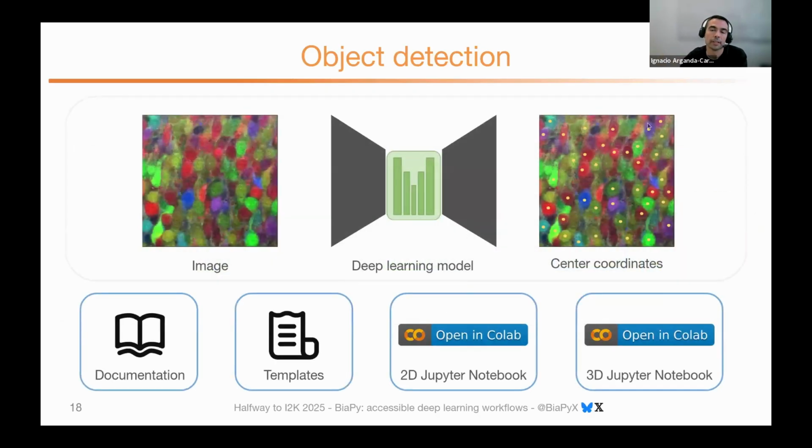So what we usually do in bioimage analysis is, instead of using boxes, get the center of mass of every object. For example, as in this example, to get the center of mass of each neuron in a full dataset. And this is easily